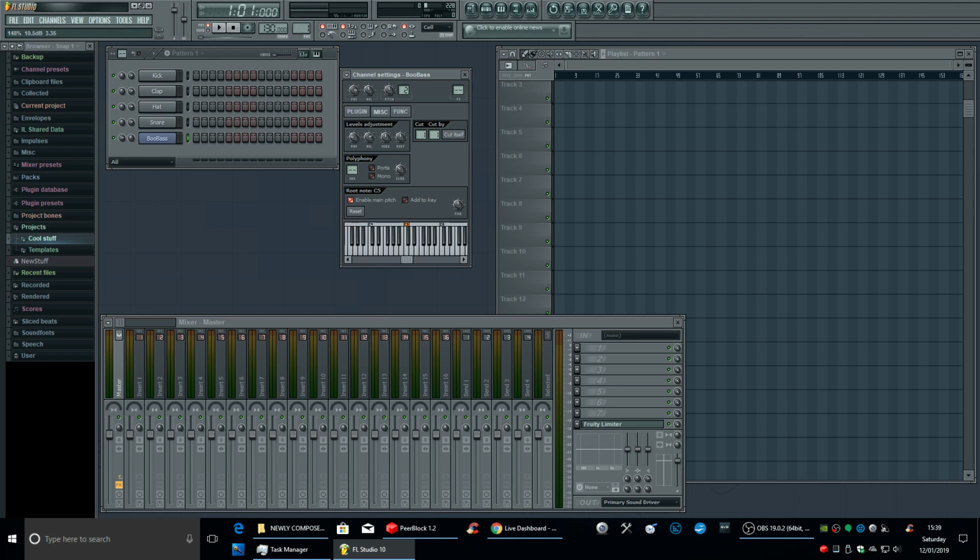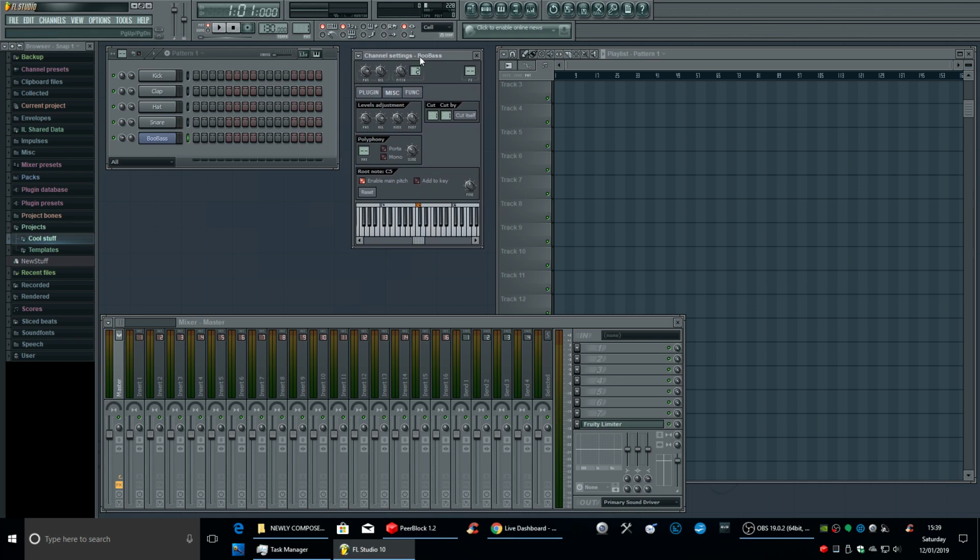Then give it a bit more volume, and it'll give it a stereo sound, so you'll hear it in both your ears, right in the center of your head. This is how you find stereo. It's one of the things I found really difficult when I first used Fruityloops, was mastering.